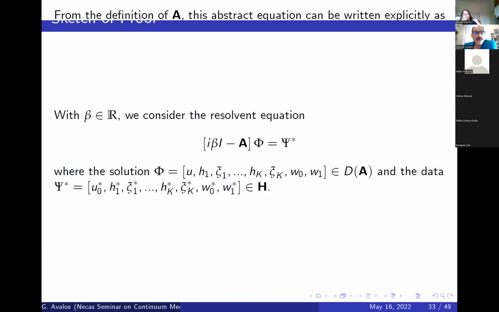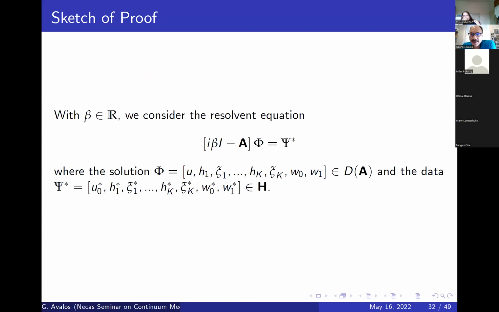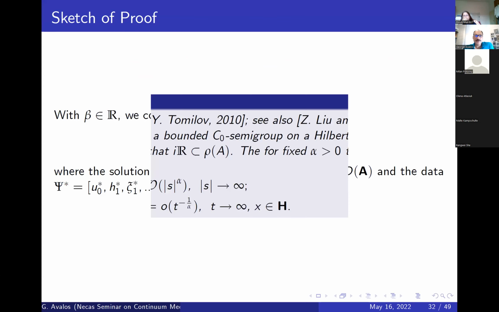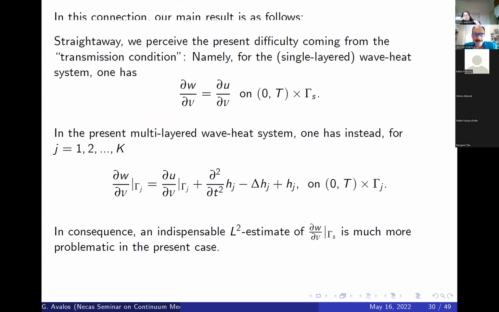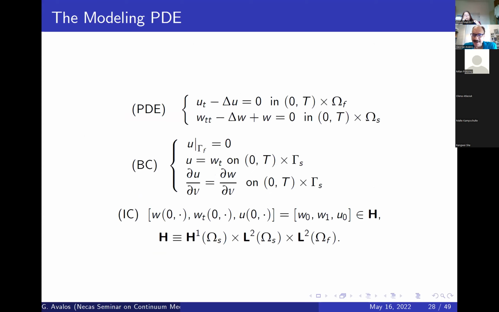And so to this end, we look at the resolvent equation. Perhaps before I do this, I should say here our result is this nasty 1 over alpha star. In the single layered models, the result is a clean 1 over t, and that's it. But what allows for this, again, many papers,